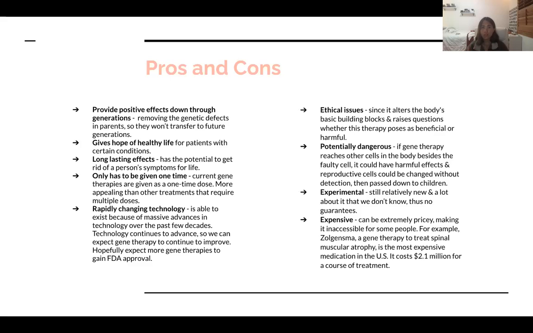Now, as for the cons, there are ethical issues and it could potentially be dangerous since it is relatively new still. Hence, it is experimental. So there's a lot we don't know. It could be risky, it could be not. So it's a 50-50 chance. And lastly, it's very expensive with all this research and experimenting going into it. And one of the most costly prices is this spinal muscular atrophy medicine, which costs $2.1 million just for one course of treatment. So there's a lot of pros and cons to weigh out with human gene therapy, but it's a rapid development